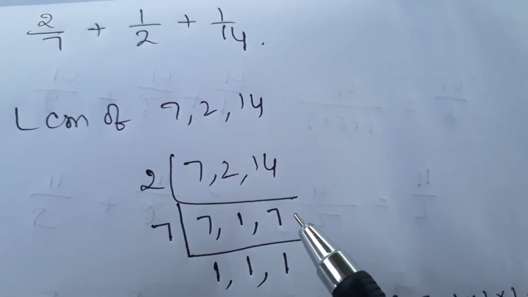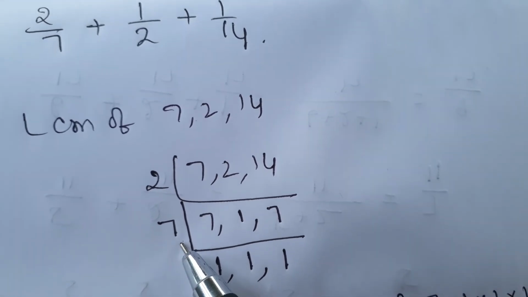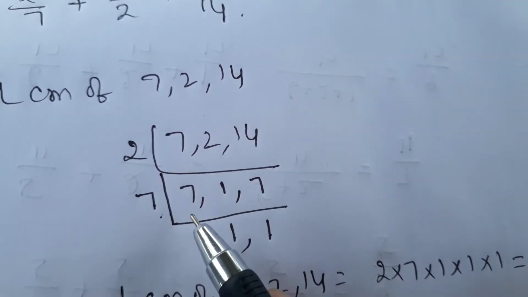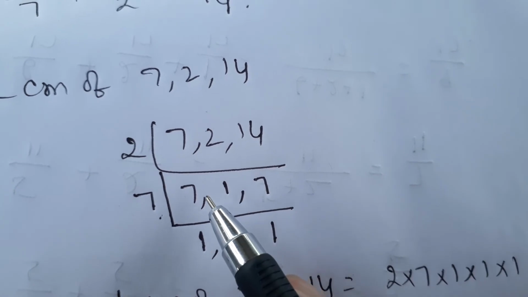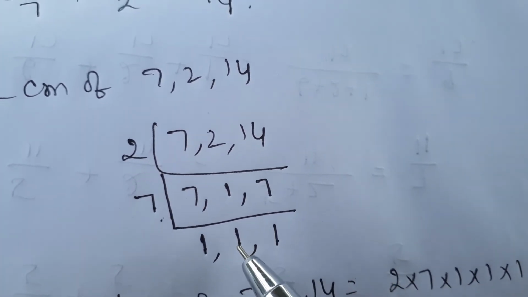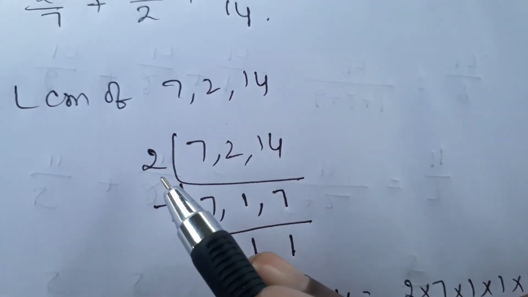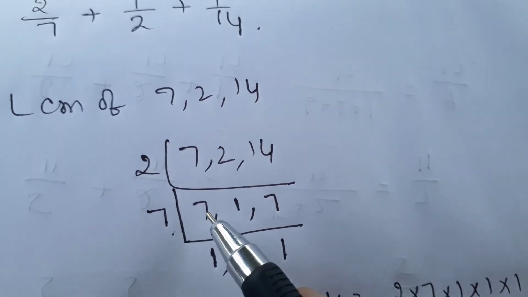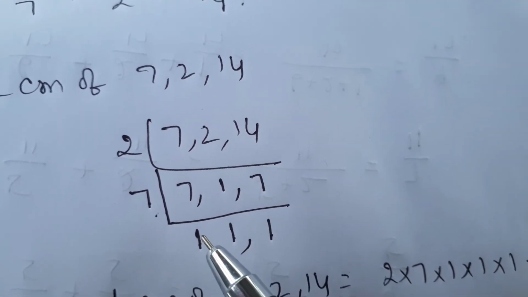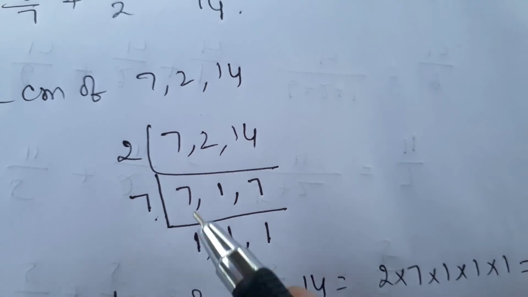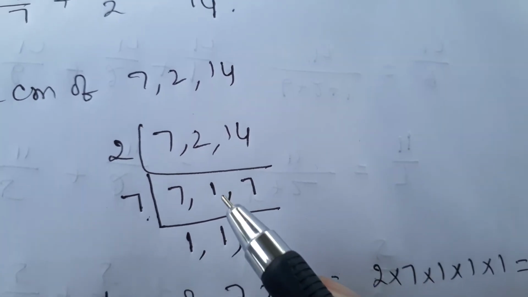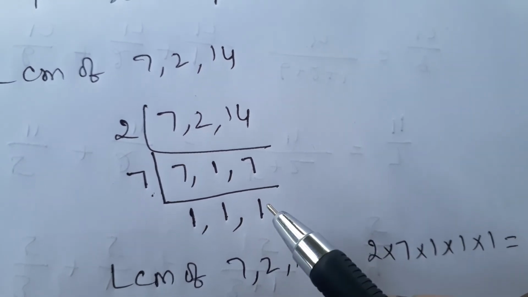Now again these 7 and 7 divide by 7 table. So we can see there is no need to divide by 3 tables; only any 2 possible, you can take the table. Now 7 1 are 7, 1 is not possible so take it down as it is. Like that here also 7 1 are 7, in 1 not possible so take down as it is.